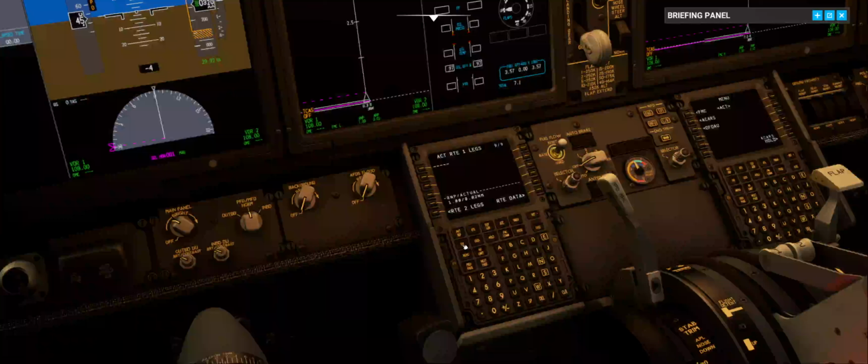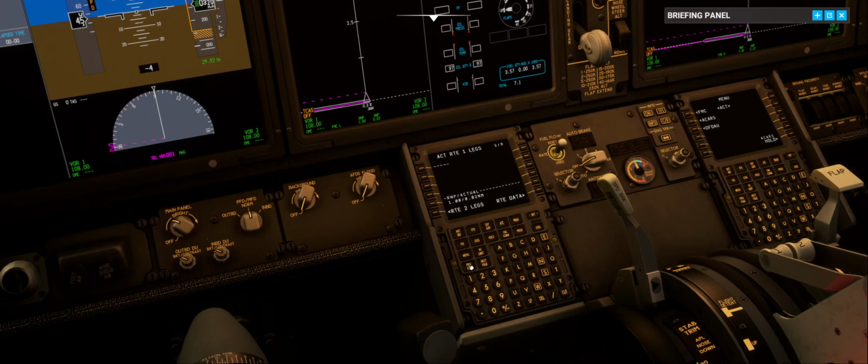Ladies and gentlemen, welcome aboard Air China Flight 100, departing from Beijing to Shanghai. We are delighted to have you with us today. Please take your seats according to your boarding passes and stow your